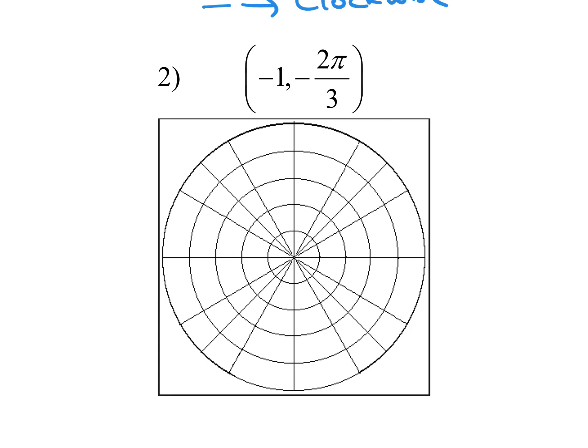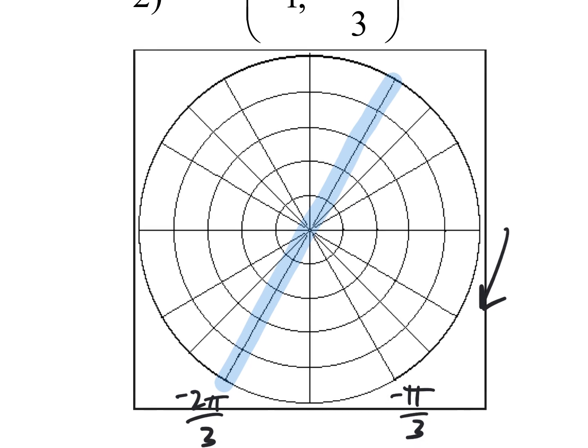Negative 2 pi over 3, that shouldn't be too bad for us, right? If we have a negative theta value, that means we're traveling in the opposite direction. So pi over 3 would be negative pi over 3, and this next angle in the third quadrant would be negative 2 pi over 3. So that means that we are somewhere along this axis,